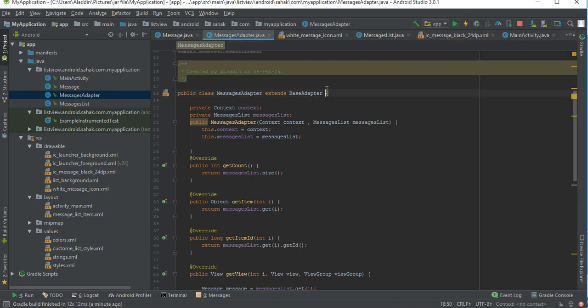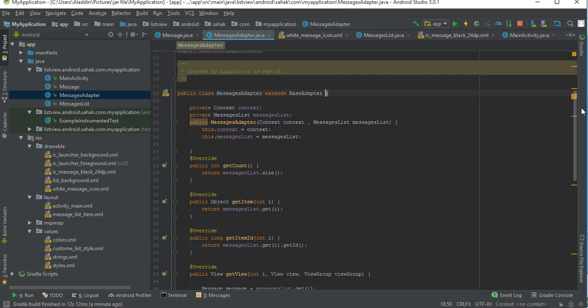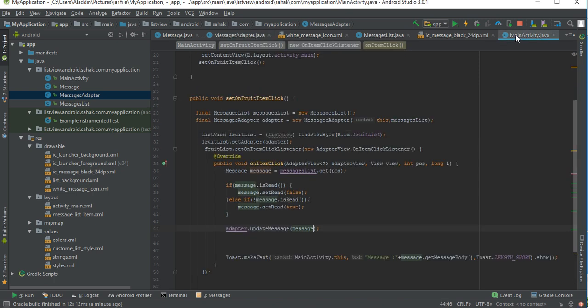Let's try to explain again. First, we have created one variable here, which is read. If read is false, we will get this black icon and put it onto our view, and if it's true, we will get this white icon. And to change this read from false to true and true to false,